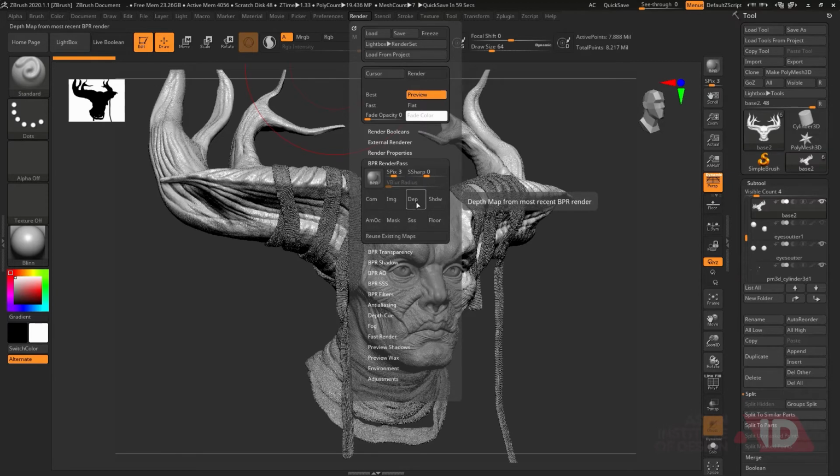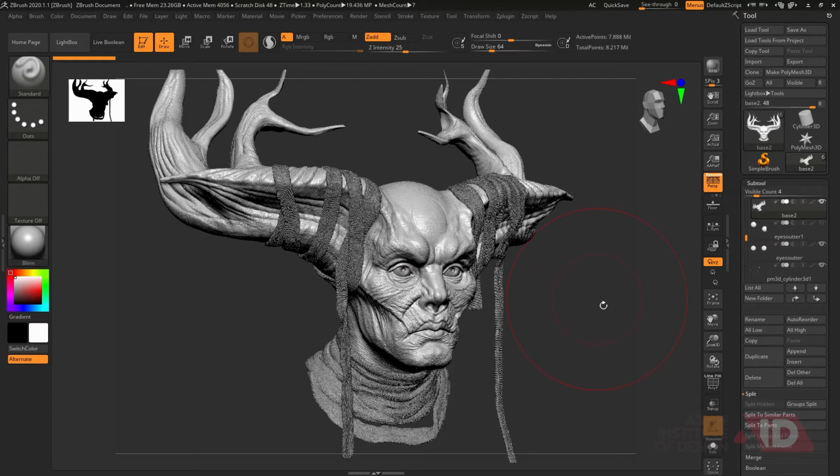Triple S, mask is for the selection, depth, and then you have a BPR render image. So all those things, that is something I'm okay with, so I can just simply render out. Before rendering I can check how my render looks. To check that I'll just click on BPR, click on this, and I'll check how this render looks after this entire image.